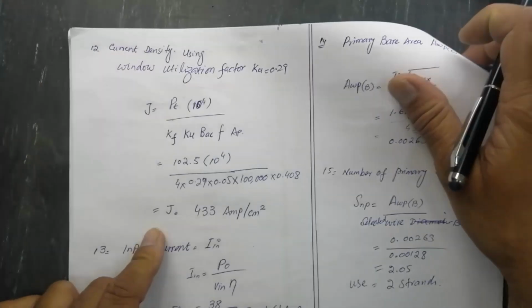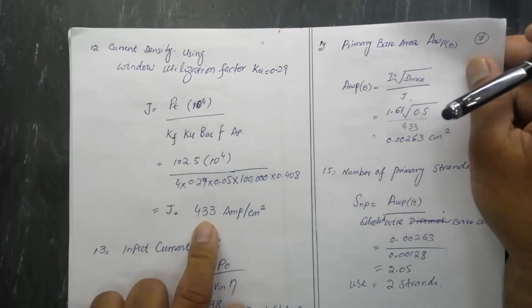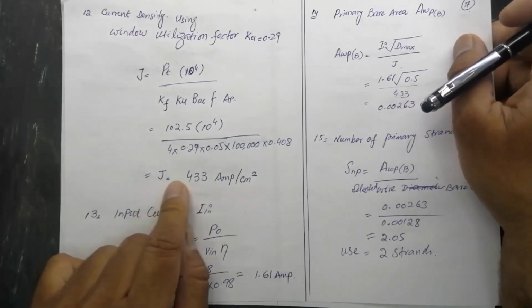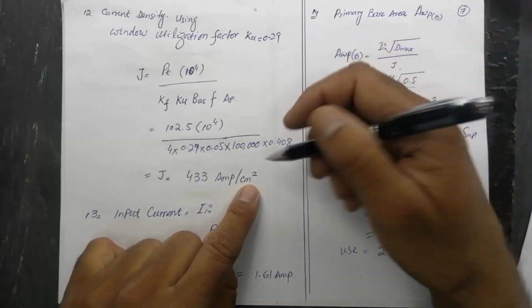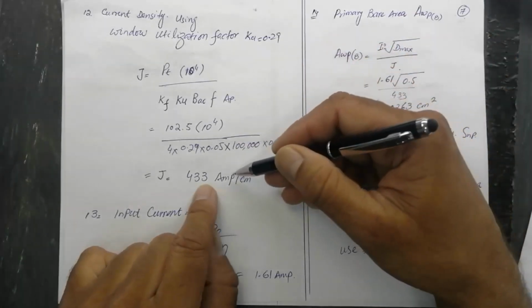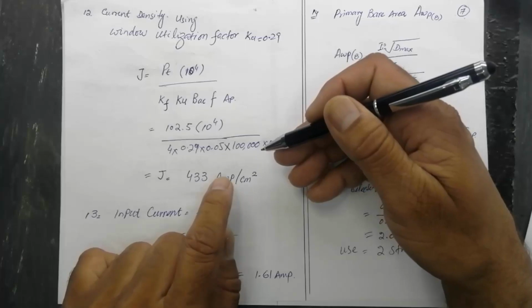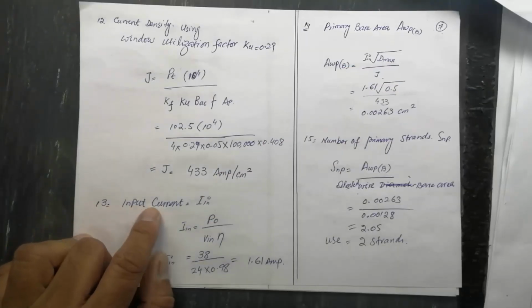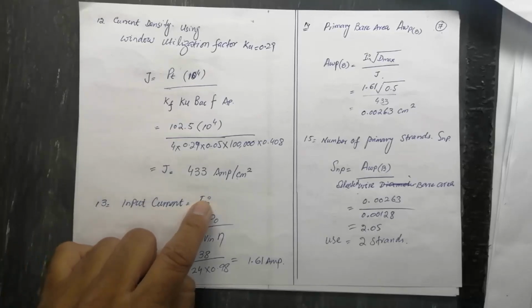So current is 433 ampere per centimeter square. So current density in the complete winding will be 433 ampere per centimeter square. Now we can use input current, input current In